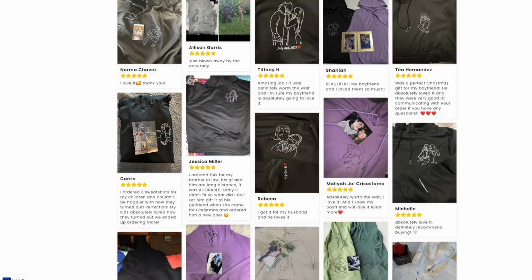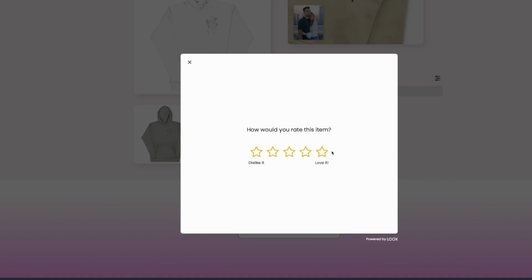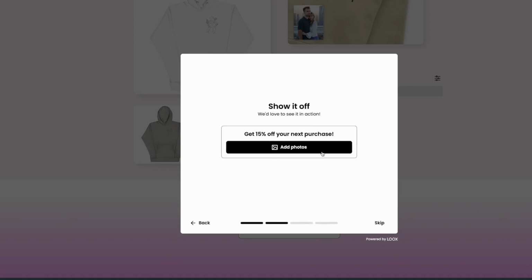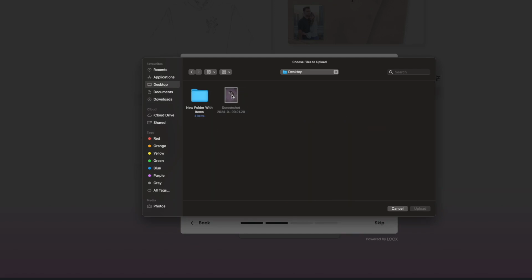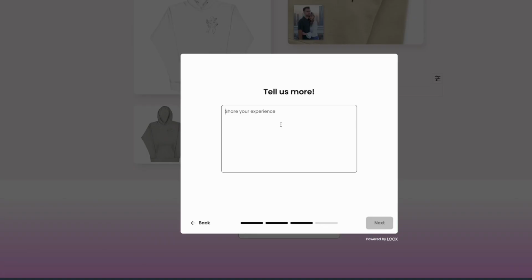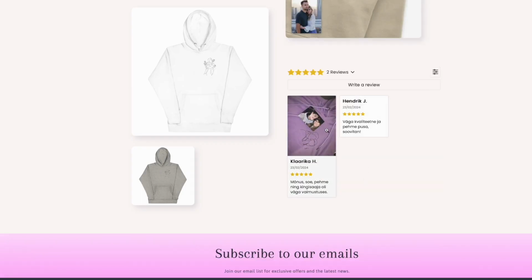Let's go back to our store. Go ahead and write another review, 5 stars. Add photos, and now you want to upload the photo that you just screenshotted or downloaded to your computer. Again, write a review and type in some kind of a name, and see, now you have 2 reviews inside of your store, and you want to rinse and repeat this process until you have like 50 to 100 reviews